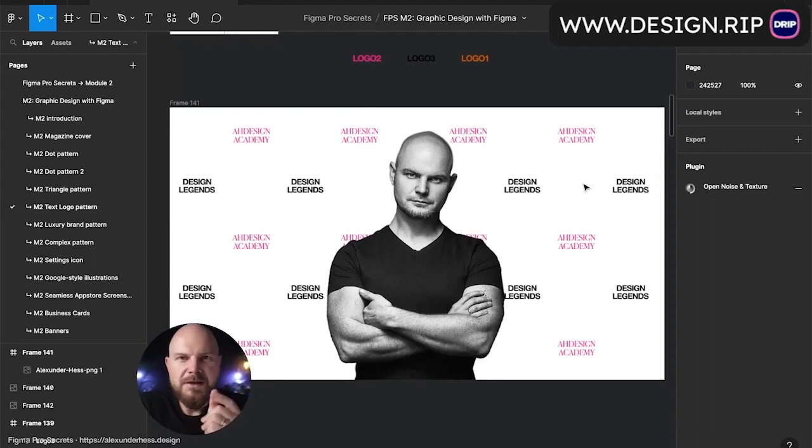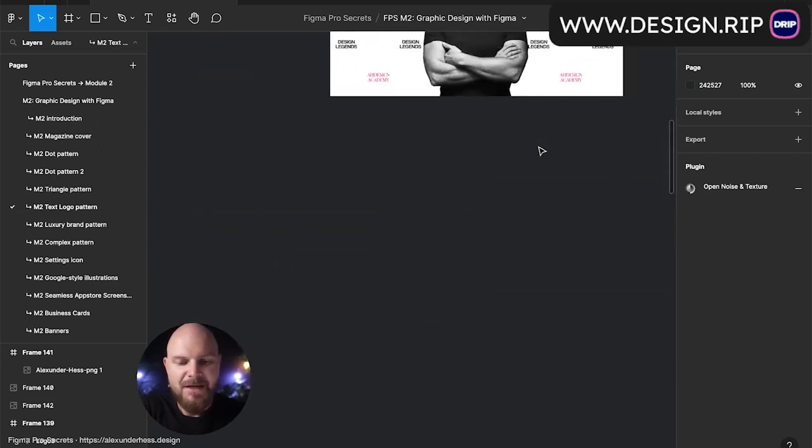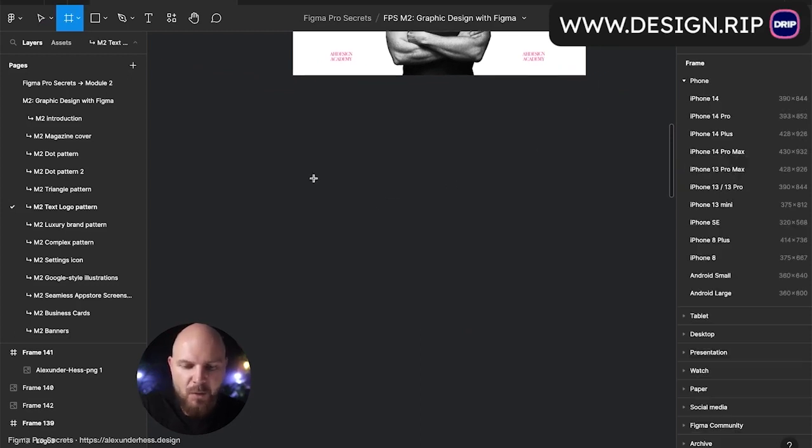In just a few clicks, you learned how to create this luxurious pattern. This is not like the pattern that we'll create for luxury brands yet. This will be in the next lesson. But this is a really cool example of how we can create this pattern with text. The same idea will be,